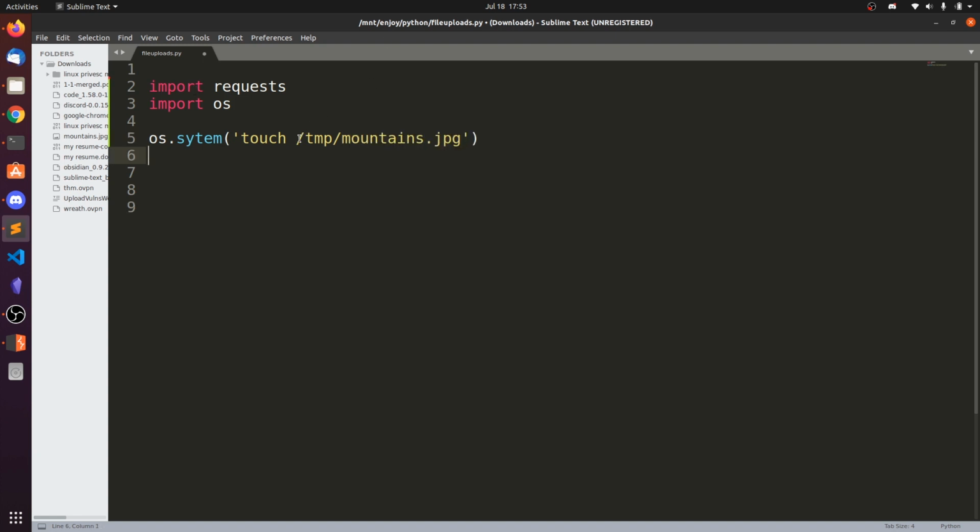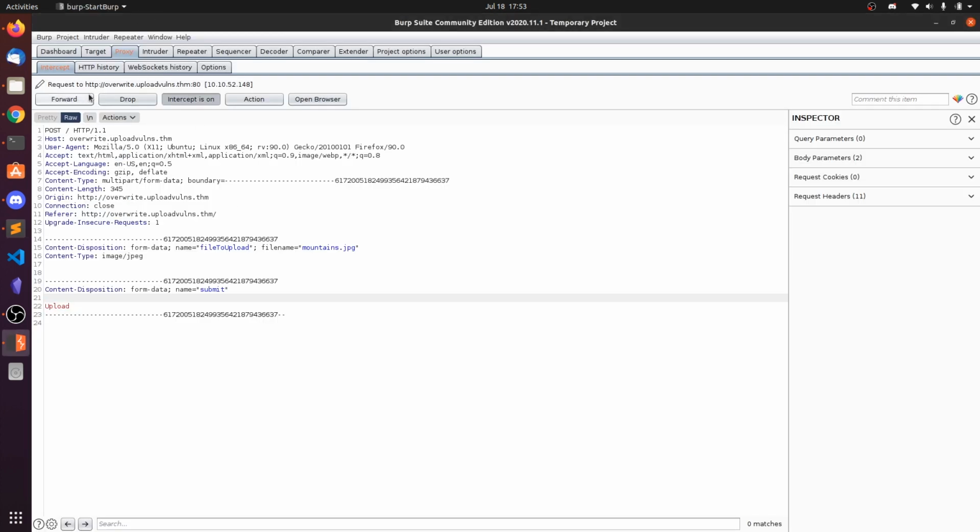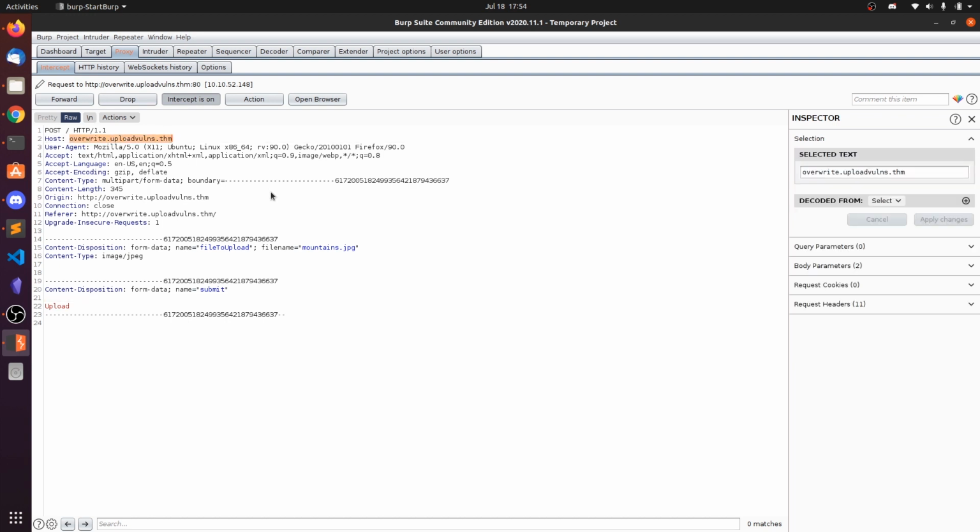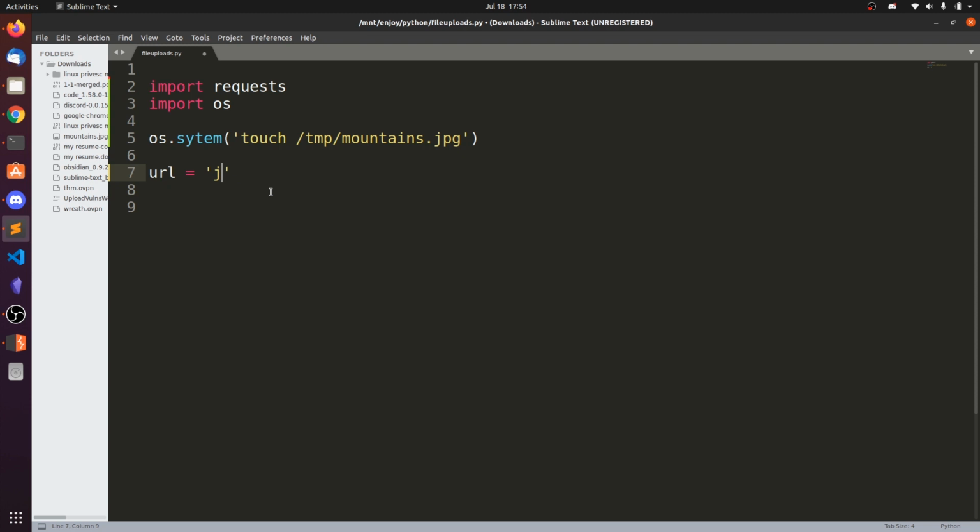So we are creating the fake mountains.jpg file, and the URL is, so copy this URL, put the HTTP. r equals requests.post of URL.